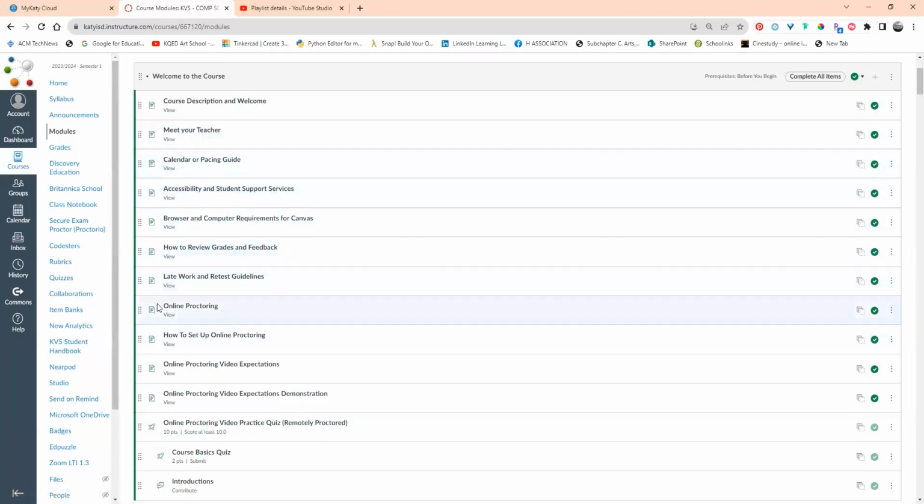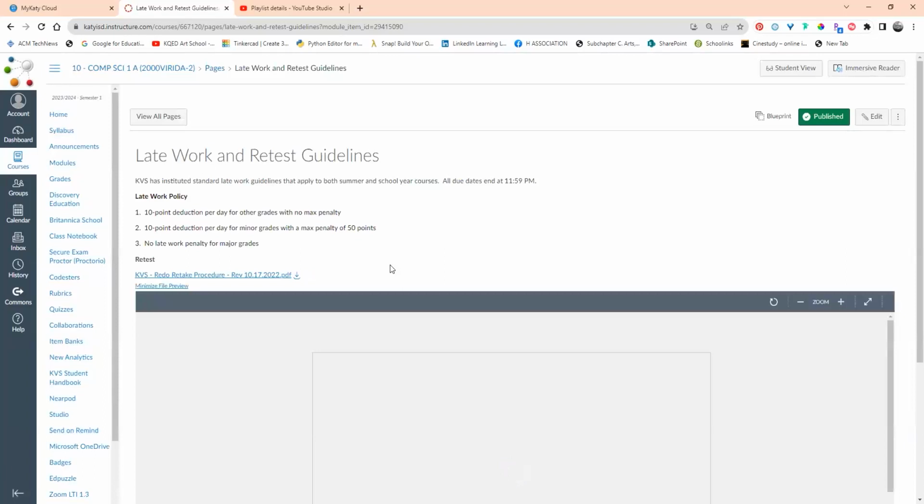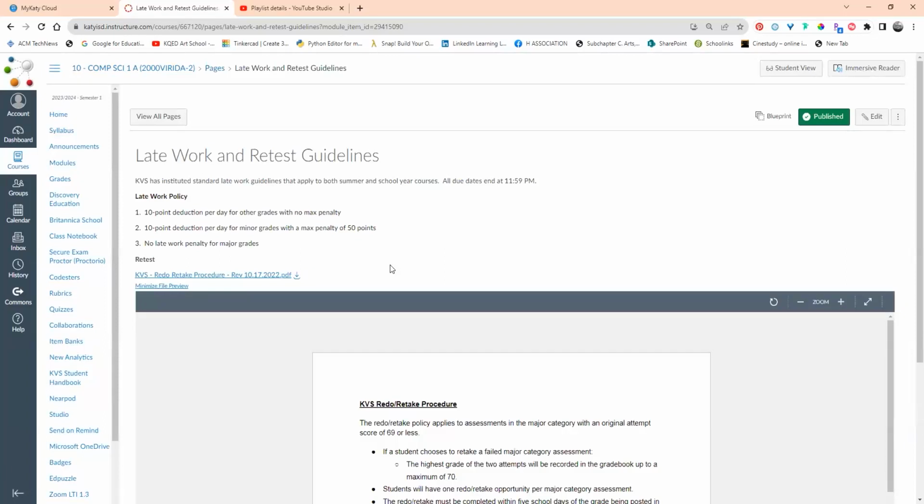Okay, so you saw the calendar. If you wind up after the first couple of weeks having late work, there's a 10-point deduction per day for others. I say others, other grades and minor grades. I will not count off for major grades. Those are your major projects.